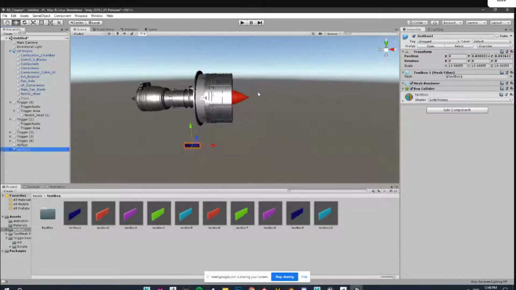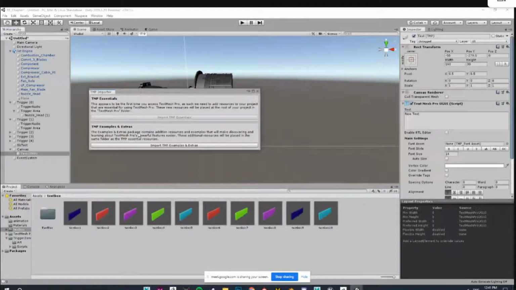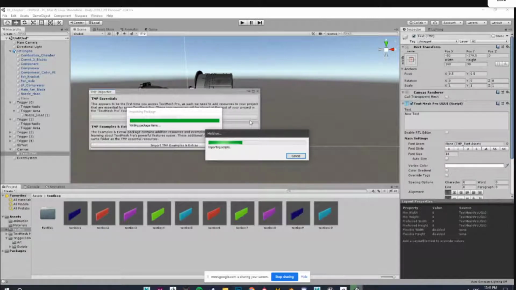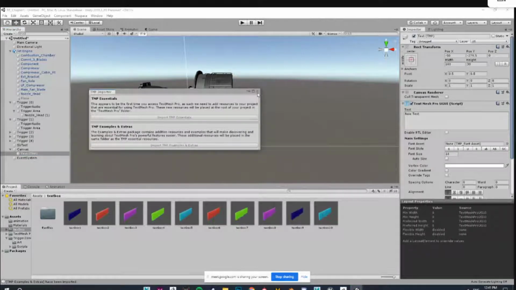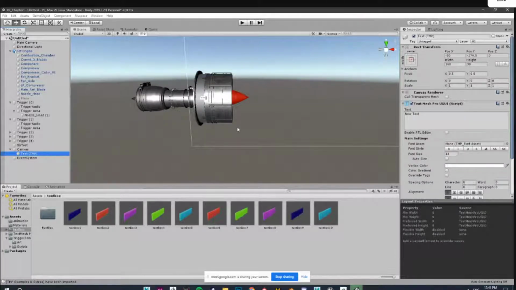To avoid this, just right click on UI, add TextMesh Pro, import TMP examples and so on. Once this is done, go to Windows, TextMesh Pro, import TMP essential resources and click on import.